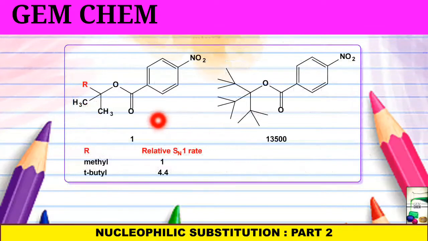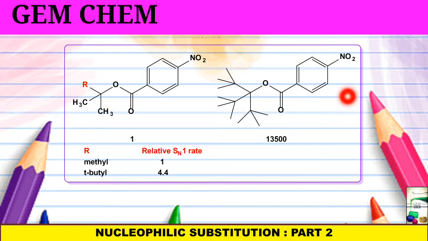Next, if you see here, these are two compounds. In this case, hydrolysis is being considered, that is, we are considering the hydrolysis rate in 80% aqueous acetone. Here if the group is replaced, for the first case we take methyl, then the relative rate is about 1, whereas if we take tertiary butyl, then the relative rate becomes much increased in the case of the SN1 reaction, since the crowding gets released on formation of the carbocation, and thus the reaction can take place much more easily.